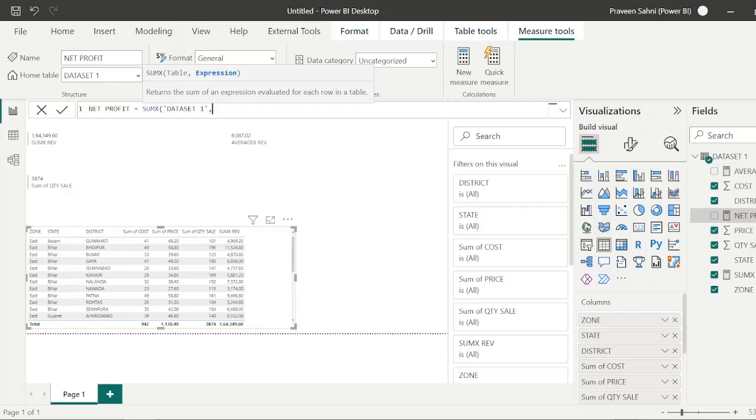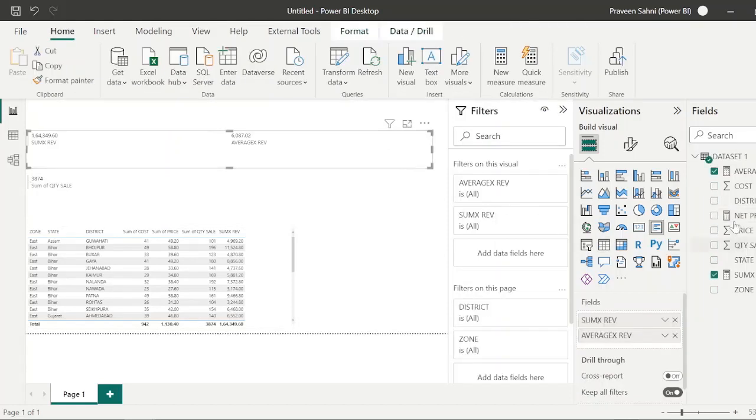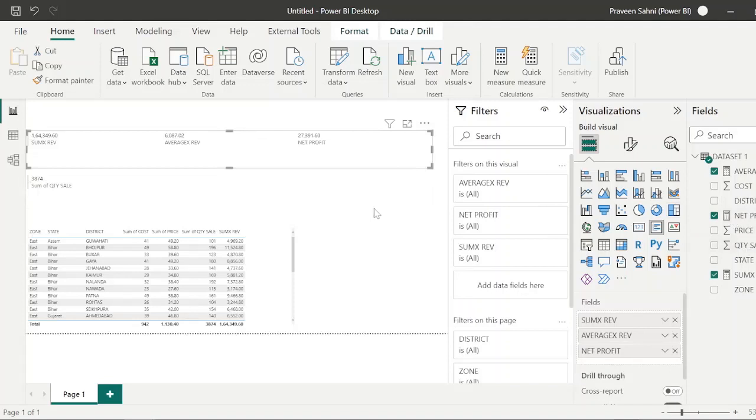So I am putting here cost, sorry, price. Our price is greater, so we have to write price first. So it is price minus cost, right? So we have to put a bracket over here, because as per BODMAS it will first find out the difference and then multiply it by quantity sale, right? And you can close the bracket simply, and yeah, let's drag it into this KPI card. This is the net profit,